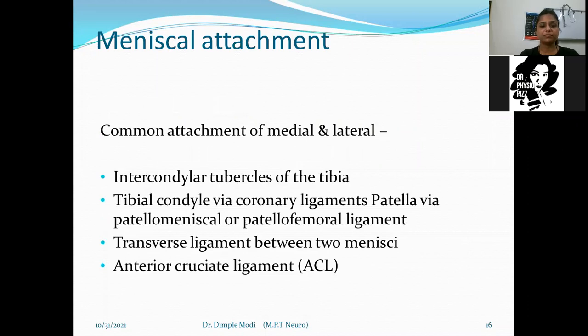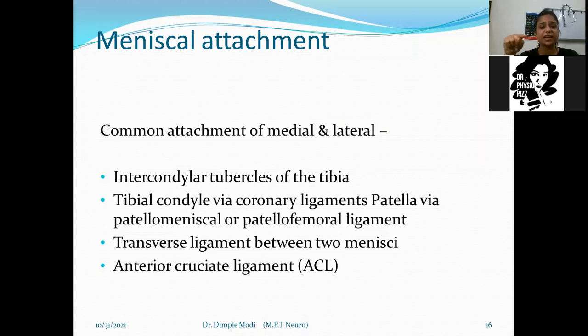Medially, all the ligaments and the capsules are there. So it gives a major restraint as compared to the lateral meniscus. The lack of mobility of the medial meniscus may contribute to the greater incidence of injury. The medial meniscus is C-shaped, as I already told you, and the lateral meniscus is large, almost covering 3/4 of the area. So there is more stability on the lateral side, and more of the compression forces or loads are on the medial meniscus.